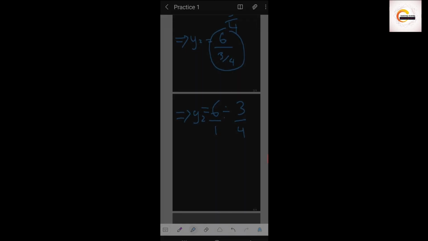We all know when we are dividing fractions, what we have to do. y2 is equals to keeping 6 here, cross multiply, reciprocal of 3 upon 4 will be 4 upon 3, and 3 1s are 3, 3 2s are 6. y2 is equals to 2 4s are 8. I told you never forget the